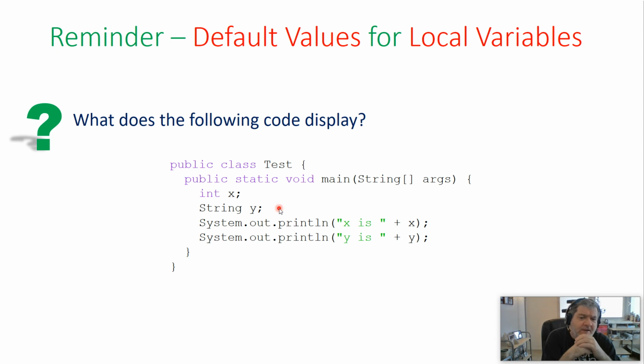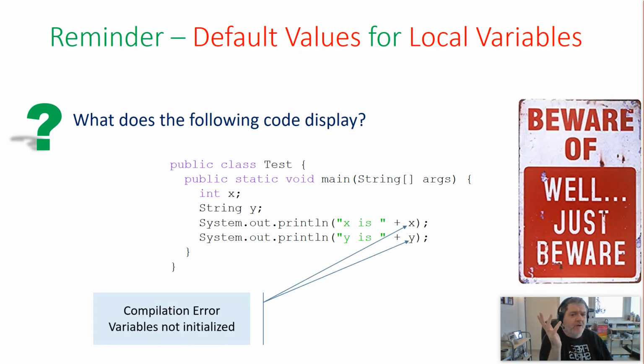So bottom line is, we have garbage in X and Y, but the compiler is going to be nice enough to not let us use garbage because we assumed that the variable would be initialized. It's going to actually give us an error and tell us, nope, this is garbage. You didn't initialize the variable and you're trying to use them. And sadly enough, the fact that the compiler stops us with an error is good. It's very good. When you deal with a C programming language, okay,